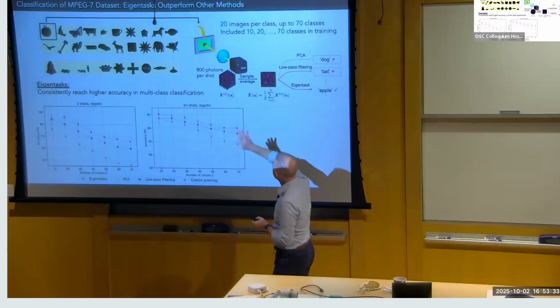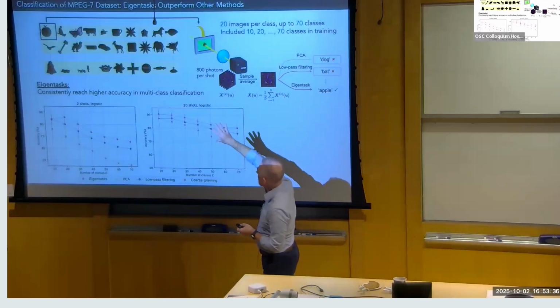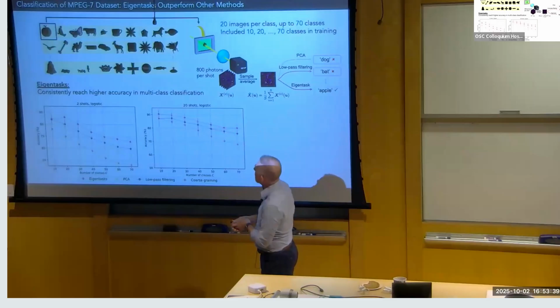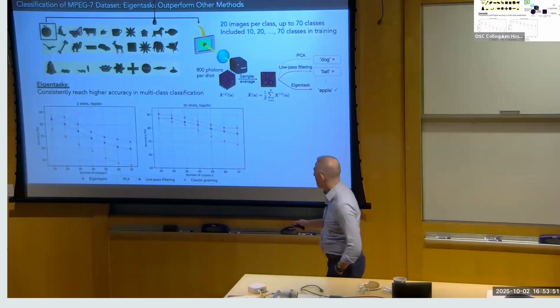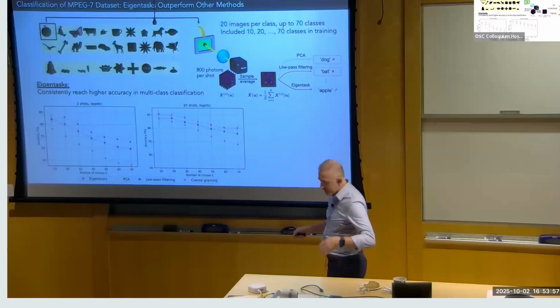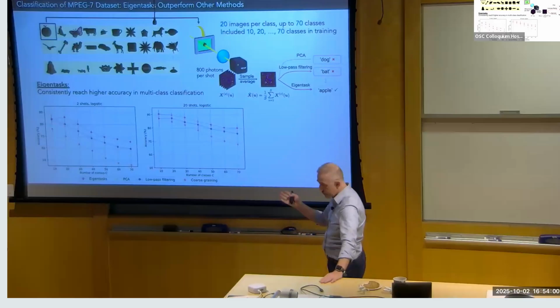I think we shouldn't belabor this much on the technical side, but this is what's called an MPEX-7 data set, where you get many, many samples of the same thing. There are 70 classes, 20 images per class. Here we are plotting the accuracy that is achieved with this eigentask learning framework of truncation as a function of the number of classes that you want to classify. And we are comparing PCA, low-pass filtering, and all the other feature reduction techniques to eigentask learning. I think the top curve is